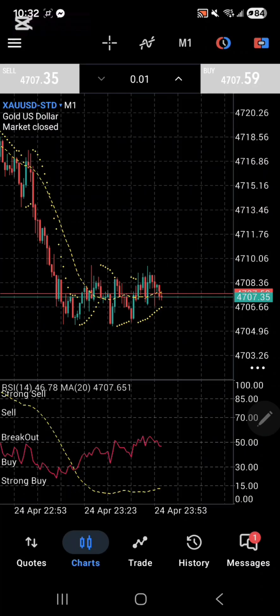If it goes my way and actually goes down, I just move my SL to my entry position for a risk-free trade. And if it continues to go down, I just take profit when I'm happy. That's how I do it.